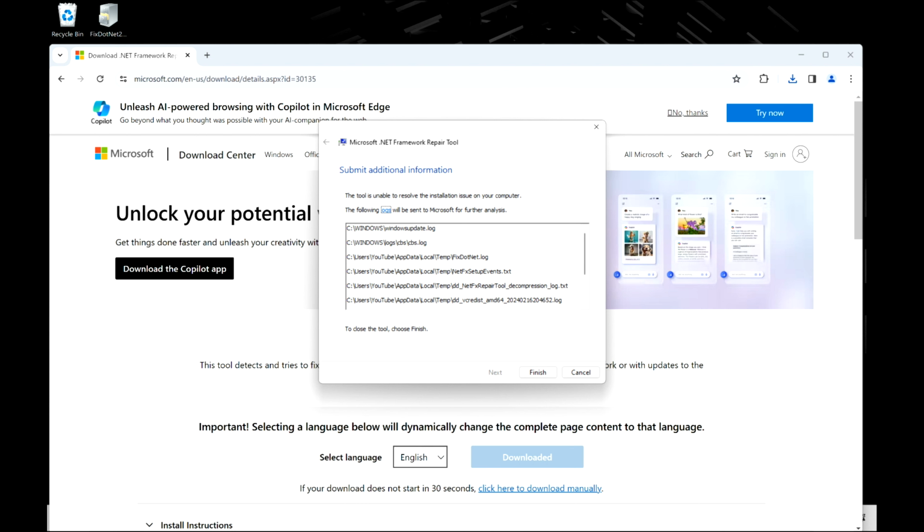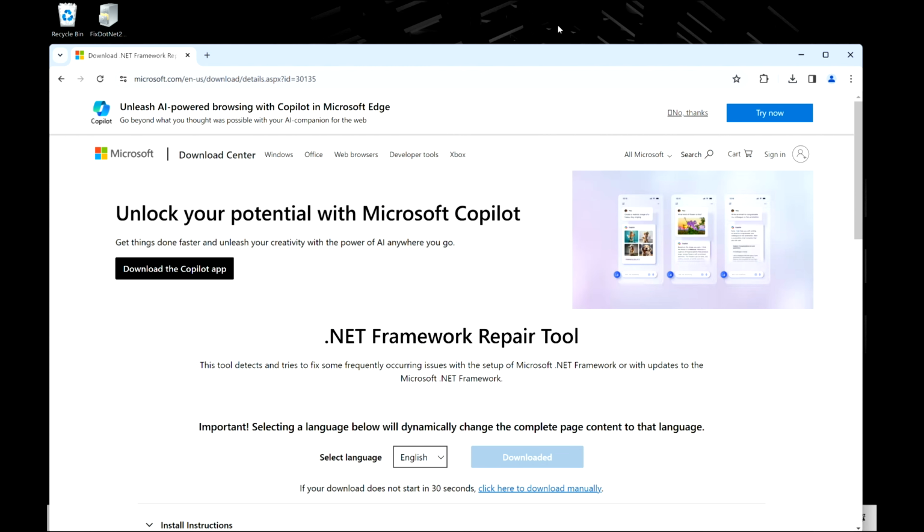So if it fixes it, go ahead, restart your computer and move on with your life. But for the rest of us, let's move on to the next solution. We're going to hit finish, and we're going to exit out of the browser, and we're going to move on to the next step in the troubleshooting process. So after I close out the browser,